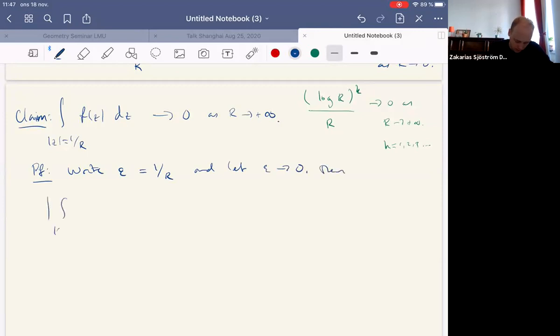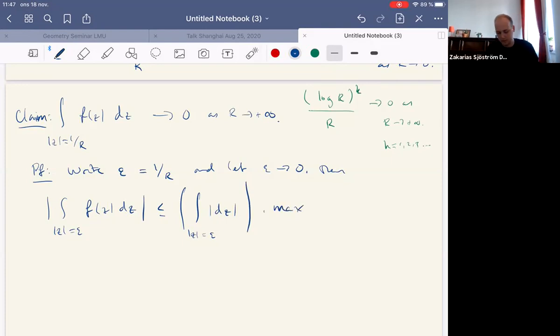When this integral along this small circle of f of z dz, this is less than or equal to, again, the length of the curve along which we integrate, so the circumference of the circle, times simply the maximum value of the integrand